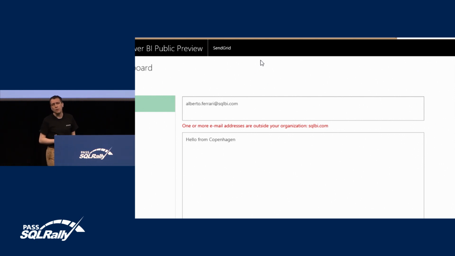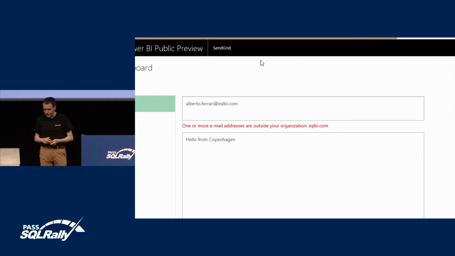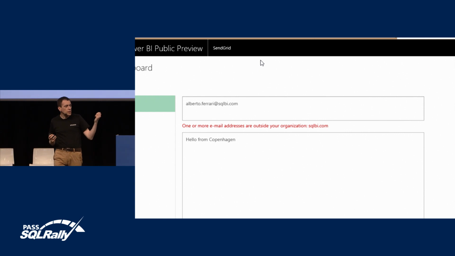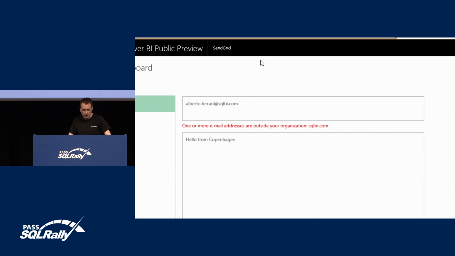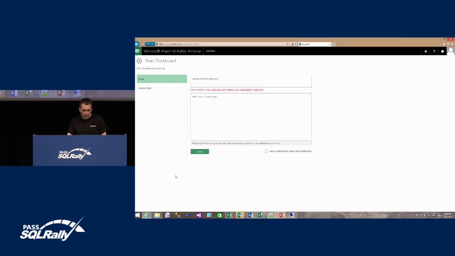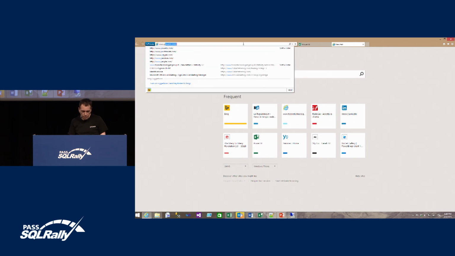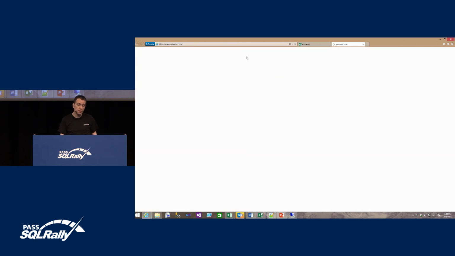Of course, there is a question about the licensing. Because the Power BI services that you have seen are absolutely free if you use them alone. I mean, if you don't want to share with anyone, it's fundamentally free. Microsoft published a web page in the powerbi.com site, you have a pricing